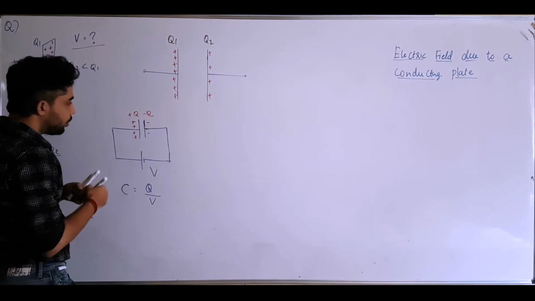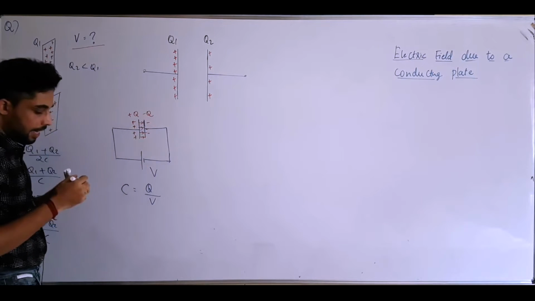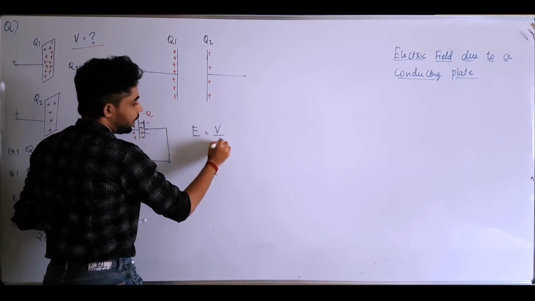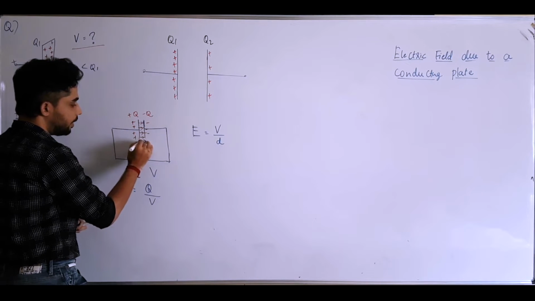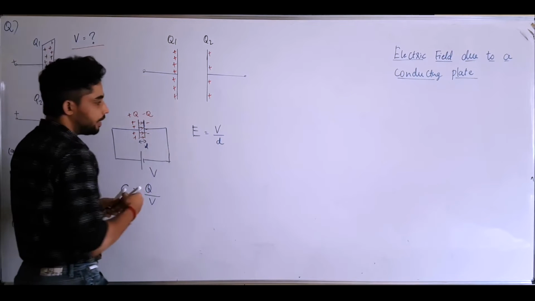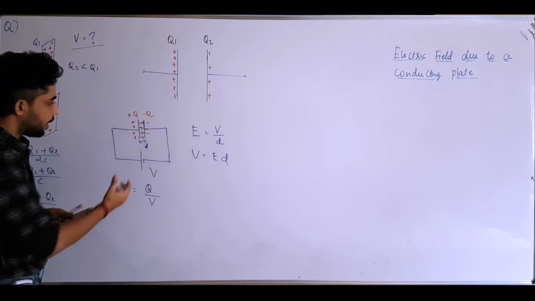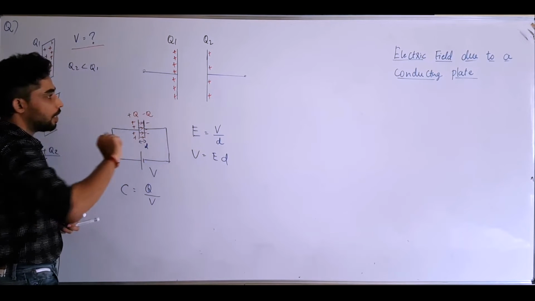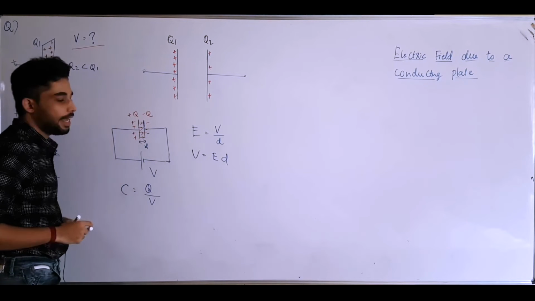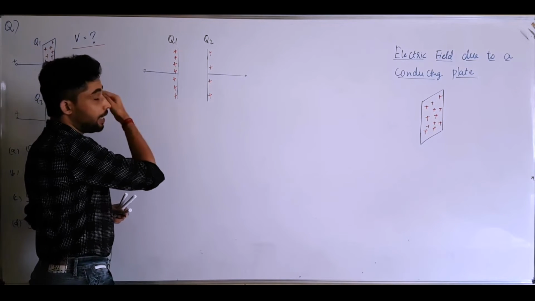Also here, since it is plus and minus Q, there is going to be a uniform electric field, and we know that the electric field is the potential per unit distance, where d is the distance of separation between the plates. So if we can figure out the electric field, then from this expression we can figure out the potential. In this case it is pretty direct, but here we have a small complication that the charges are not equal. So first you need to figure out the electric field. Now that we know what to do, let's first find the electric field in this region.